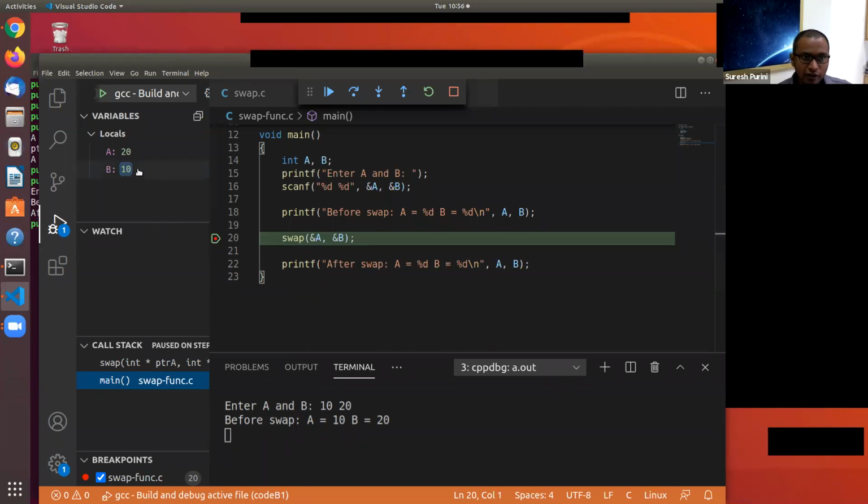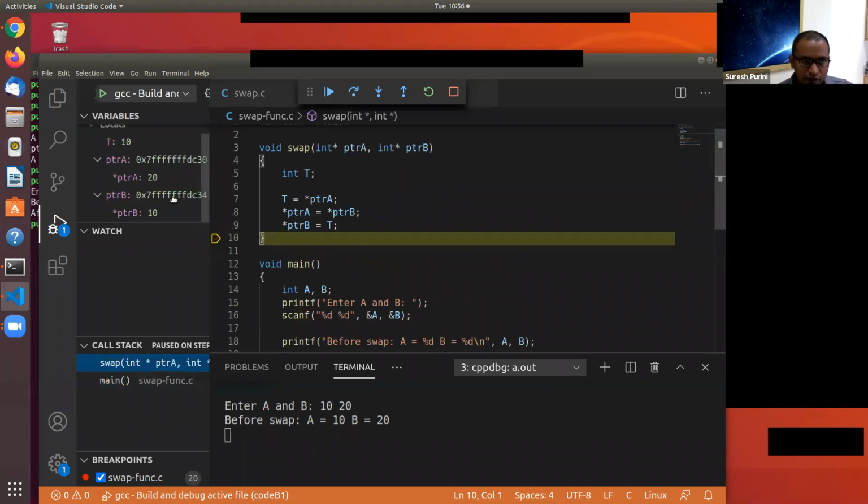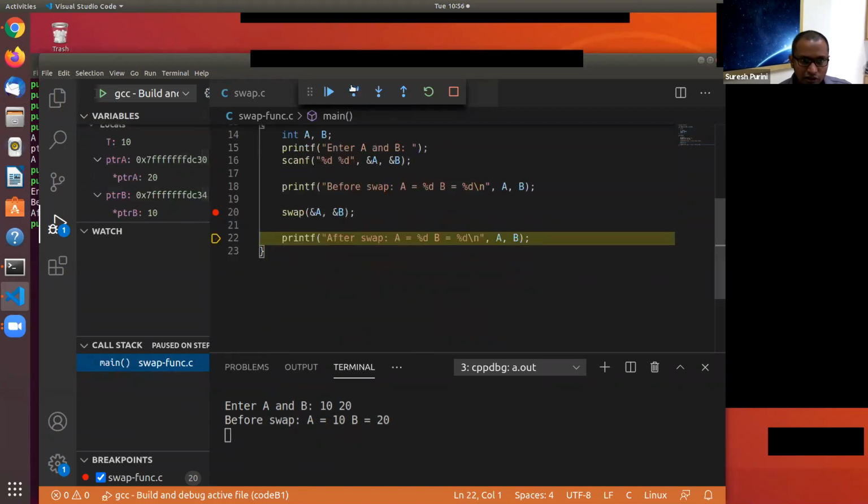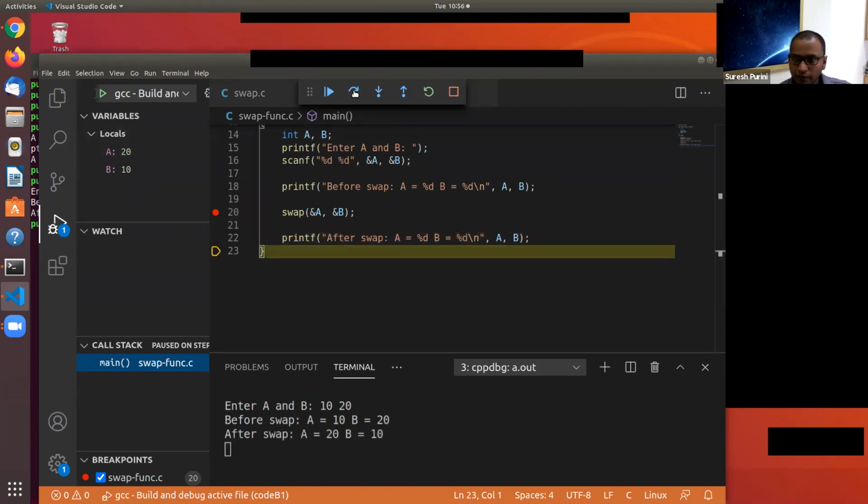So the contents of that memory location got changed. And now we are out. So you can see that the contents of the variables A and B got swapped. Any changes in star PTR-A will actually change A because PTR-A contains the address of A.